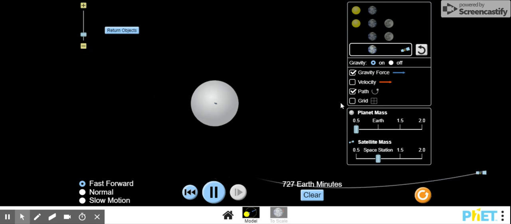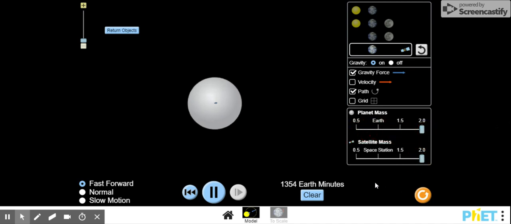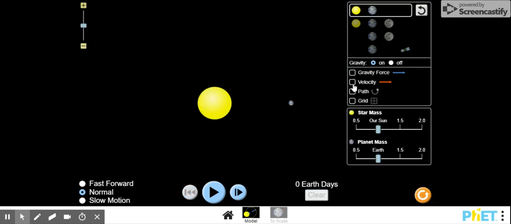rotation of this satellite? Look, that satellite has gone way out there. And then what happens if we do this? I don't even know if that satellite will come back now. Doesn't seem like there's any way to come further this way, so that's kind of a bummer. Maybe if we do the Earth's mass, that will pull it back in. Who knows? But those are things that students can explore and study on their own, which is fantastic